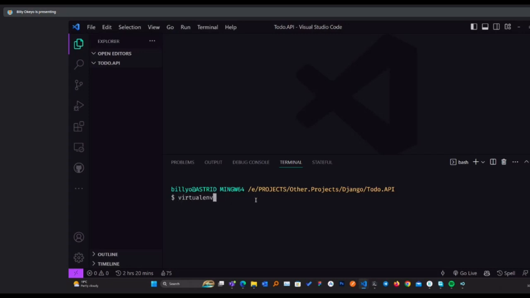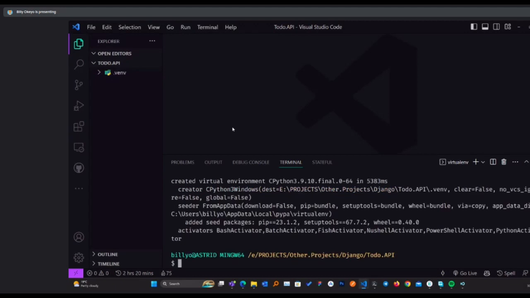And then after installing it, I'll just call virtualenv and then .venv. So .venv is the name of my virtual environment. I like to use a dot for my virtual environments, so that at least it can help me differentiate well between my project files and the virtual environment. venv just stands for virtual environment. So I'll execute that. It will create a folder called .venv.